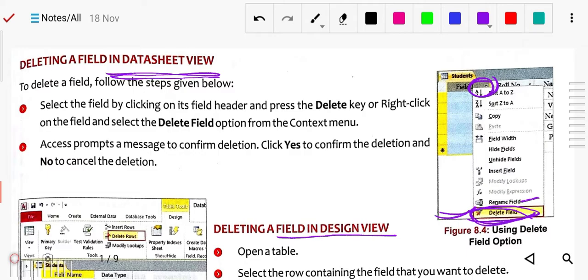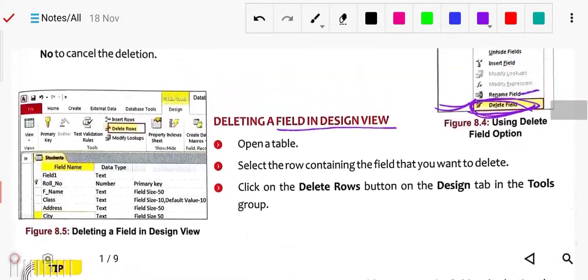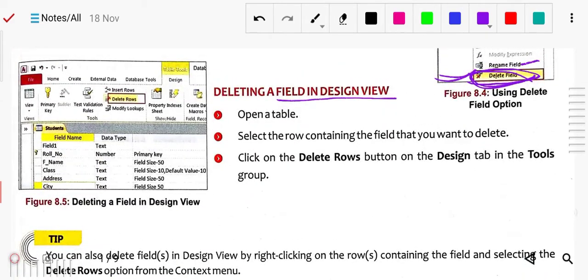First of all, we will put our cursor, we will select that particular row. So see here, first we have selected, suppose that this city we want to delete. So first of all you bring your cursor over there. Okay, then in the design tool you will go to the delete row option. You can check that this option is there, delete row, then after you can delete. So it is the same method, same procedure, only the namings are there, the options are different, that you have to choose.